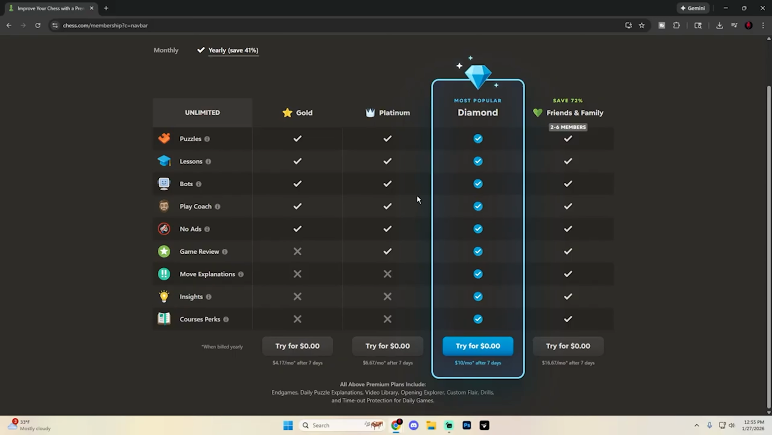But I do want to be very clear about something. You may see people online suggesting things like browser extensions, third-party tools, or workarounds to get unlimited reviews for free. Don't use those. A lot of those tools are unsafe and can contain malware, and most importantly, they do violate chess.com's terms of service. People have had their accounts suspended, or even been banned permanently for using third-party tools